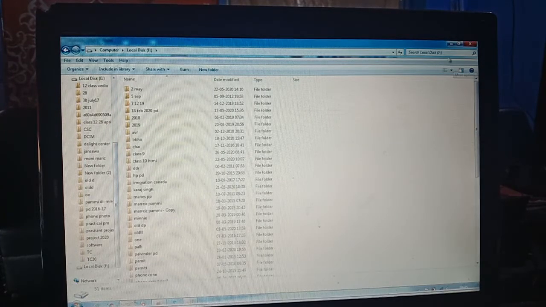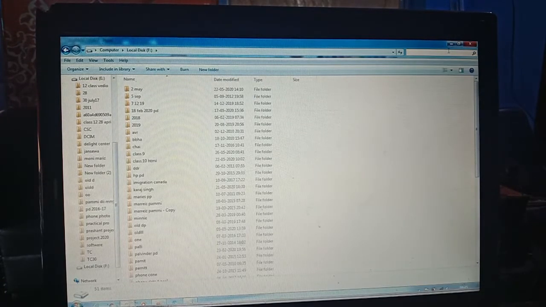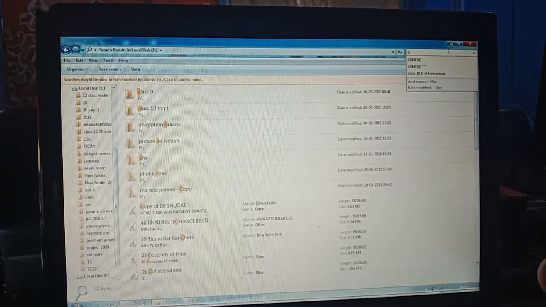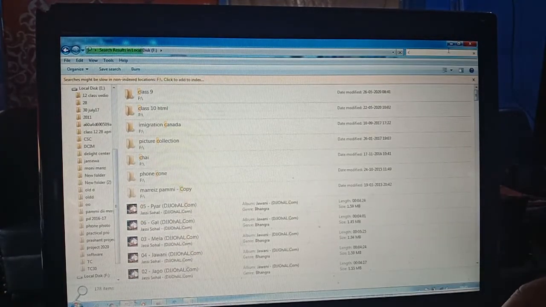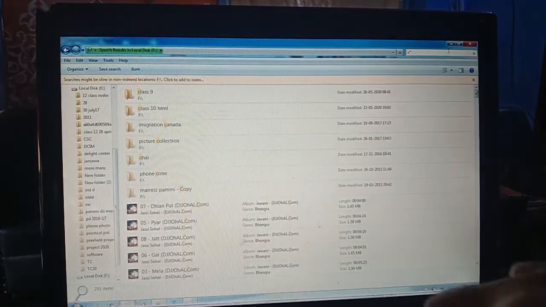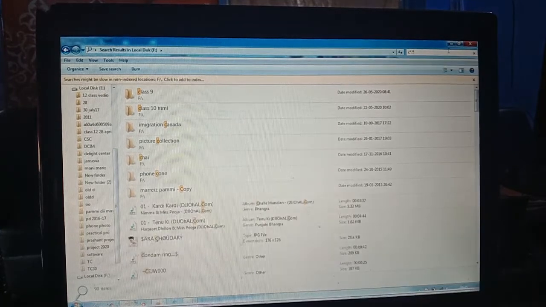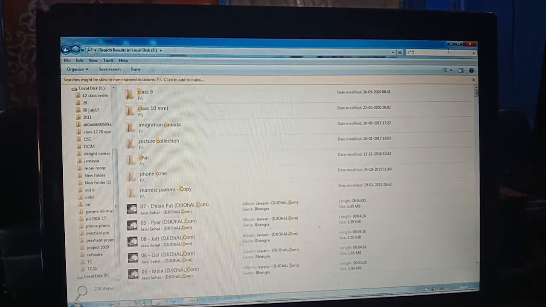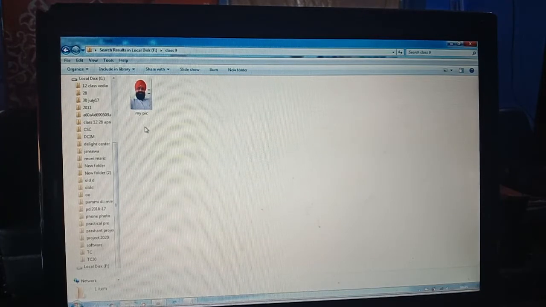In F drive, I am giving another example. I remember the starting character was C, but after that I don't know what the name was. Then use star dot star. It means it will search in this location like this. See, now class 9 is there, one folder, and we can use the contents, this picture we have saved. In such a manner we can apply these commands.